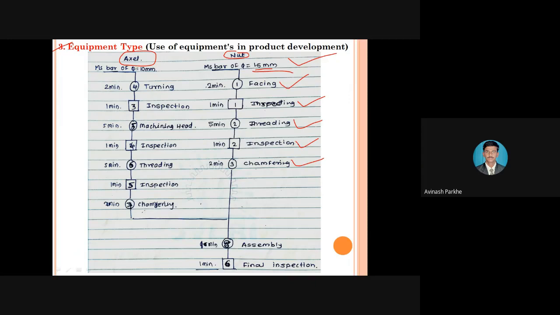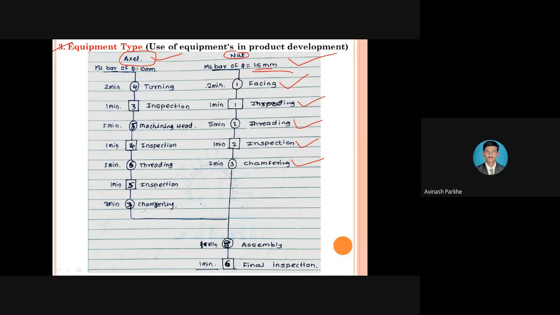Then I will release that nut. I will take that manufactured nut from the machine and insert the new component. That means after the manufacturing of the nut, I have to go for the manufacturing of the axle. So whatever raw material is required for manufacturing the axle, that raw material will be fixed on that machine. That fixing movement, whatever movement is taking place by the man, is not represented by using this equipment process chart.